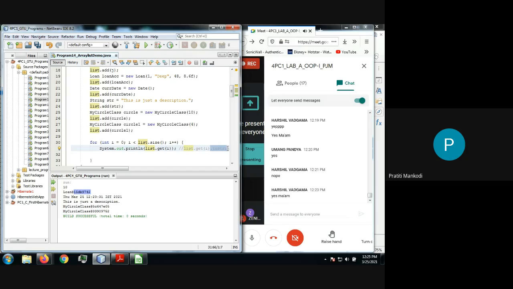I want the toString method, but I don't want exactly the default behavior. I need to do method overriding. I want to keep the signature as it is. I want to just change the task of that toString. I don't want to change toString. If I do overloading, it is altogether a different method, right?